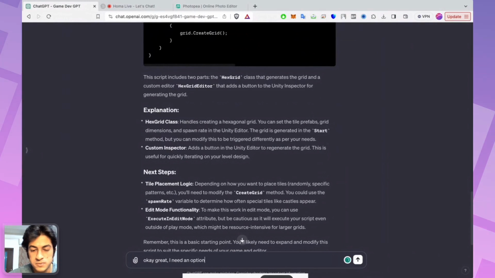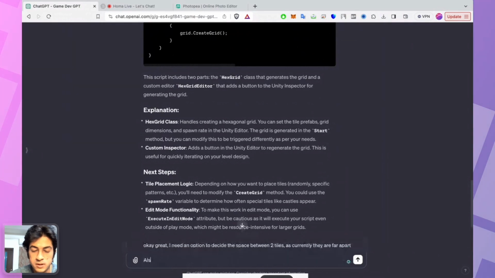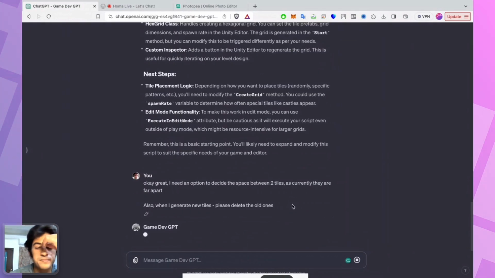I need an option to decide the space between two tiles, as currently they are far apart. Also, when I generate new tiles, please delete the old ones.